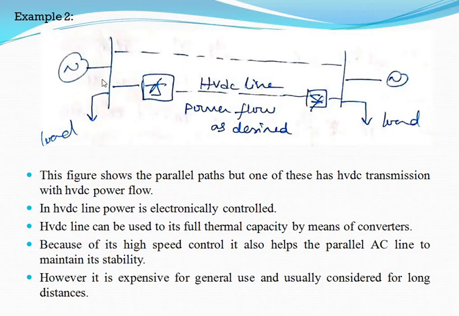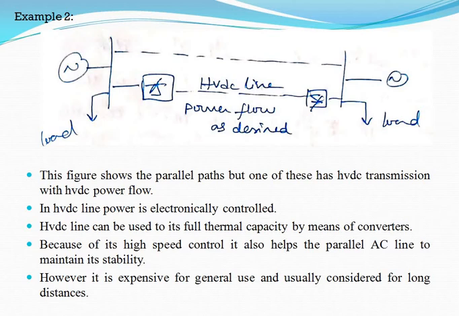Now the power has to be transmitted from this surplus generation area to the deficit generation area. With HVDC, power flows as ordered by the operator. So we can transmit the entire power through this HVDC as ordered by the operator,